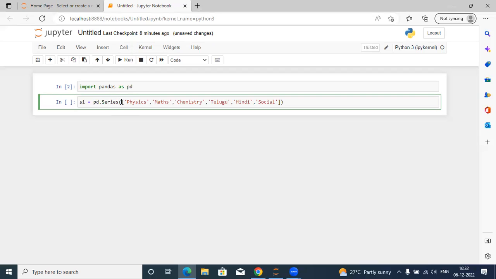It's the data. We are going to create the data for that, and we are going to